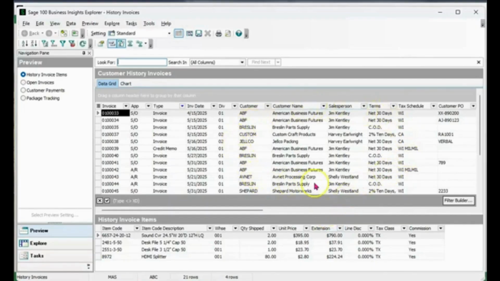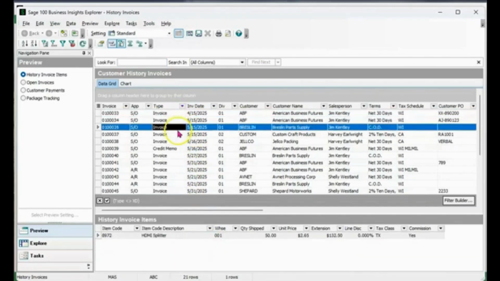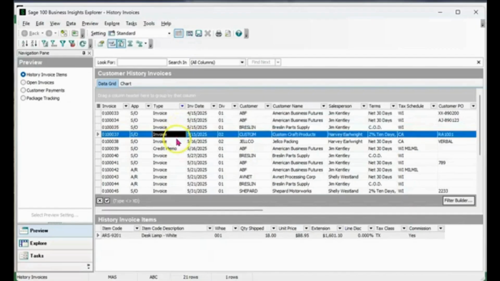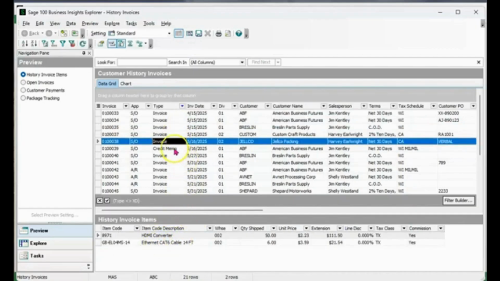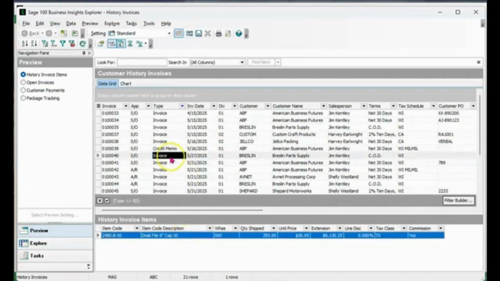So what we've got here is 2 different grids, and this is the view of the data that's in the customer history tables. This grid is what's considered the upper grid, and the lower grid down here actually has a secondary set of data that you can see right on the screen. If you click on each one of the different invoice numbers that are in the history, you can see that the bottom grid keeps changing. What that means is this is the actual data down here in the secondary grid that relates to the invoice that's listed.